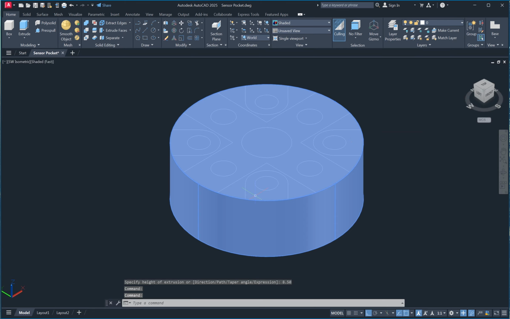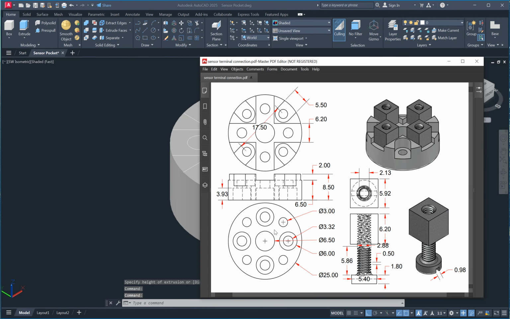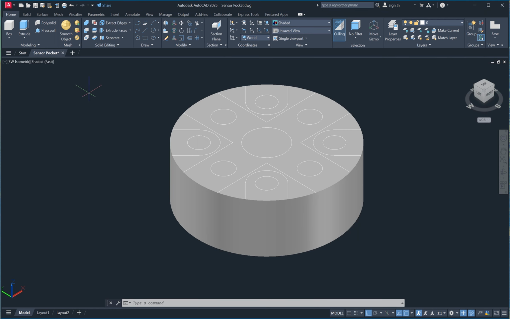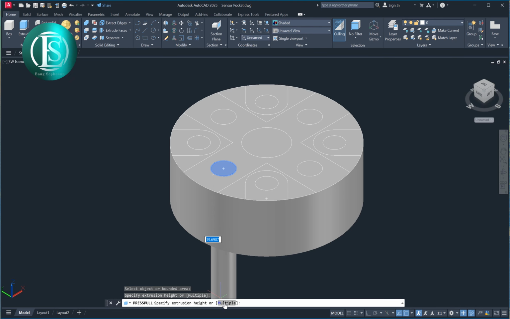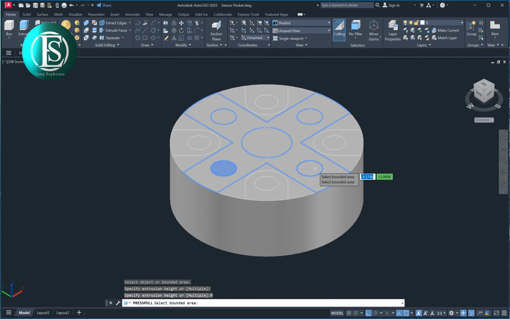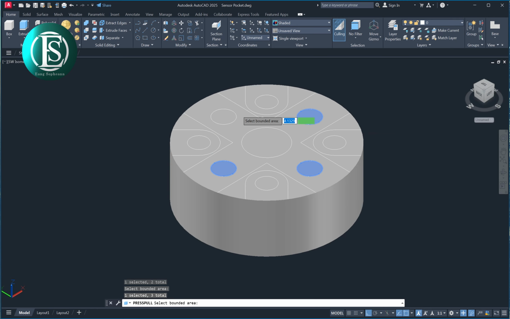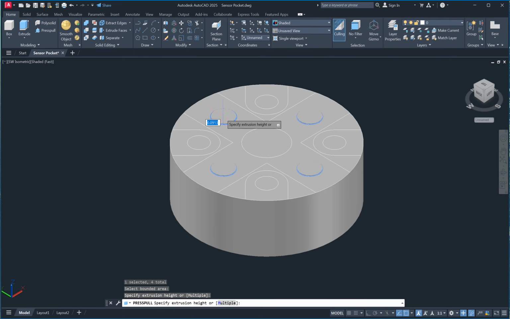but we need to create a hole here, like this. So we use command presspull, boundary area and we go to multiple, select this point, enter, yeah, like this.